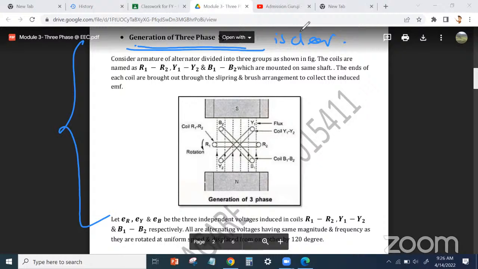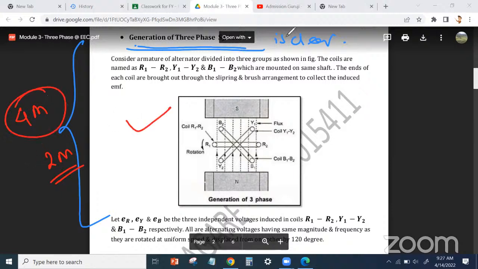तो हमने 3 क्वेश्चन डिस्कस किए. What is the definition of single phase, polyphase, and three phase? Second, what are the advantages of polyphase over single phase? तो polyphase की जगह पे three phase पूछा तो भी चले. The next one, generation of the three phase system. ठीक है, अगर 2 मार्क का क्वेश्चन पूछा generation of the three phase system, तो इतना ही लिखना for the 2 marks. But if I ask you for 4 marks,